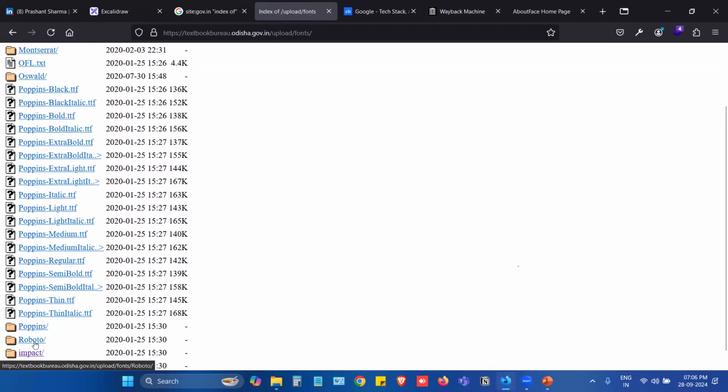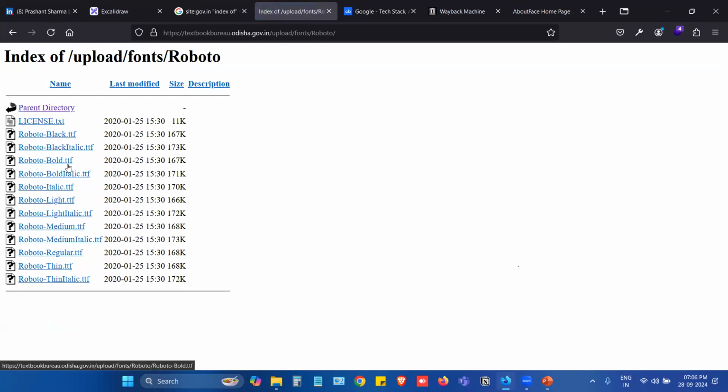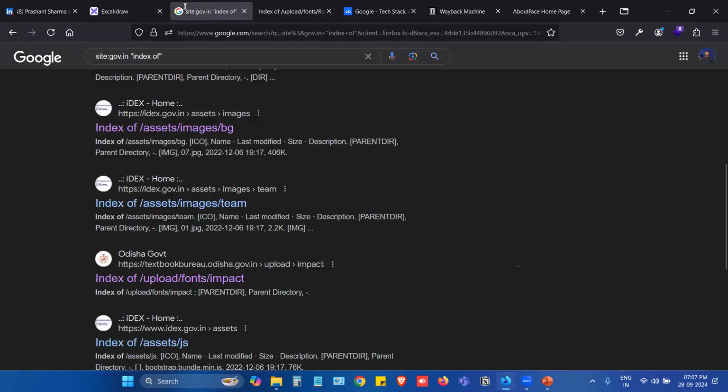Okay, and if I go to this particular directory, maybe there can be some sensitive information, like we have license.txt. Suppose the target application is using some sort of premium licenses and they're disclosing files like this, then that can be an issue. Okay, that's how you can utilize this Google dorking technique to find out relevant information